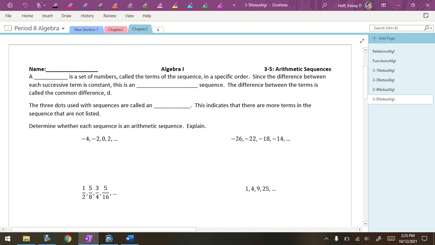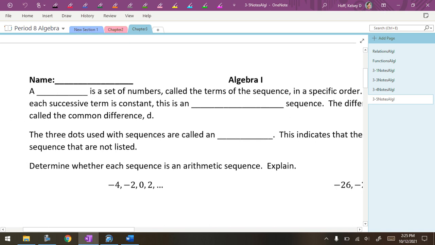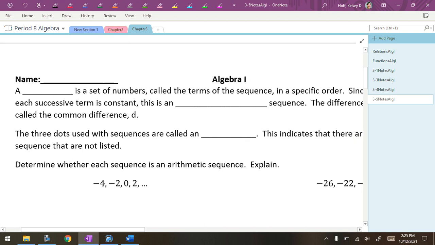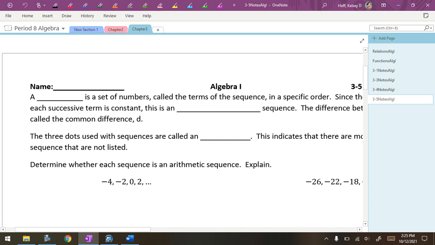All right, here we go. A sequence. Is that what I want? I think that's what I want. A sequence